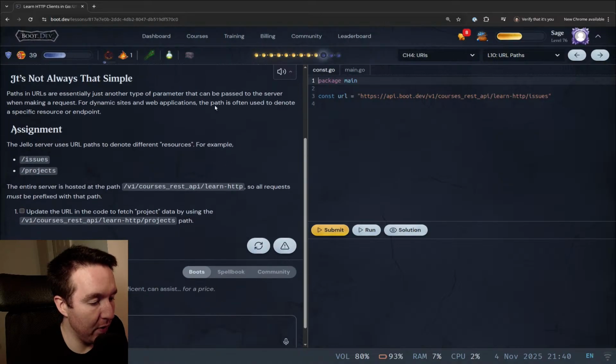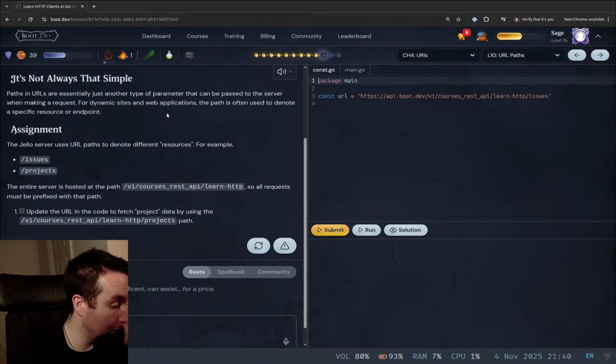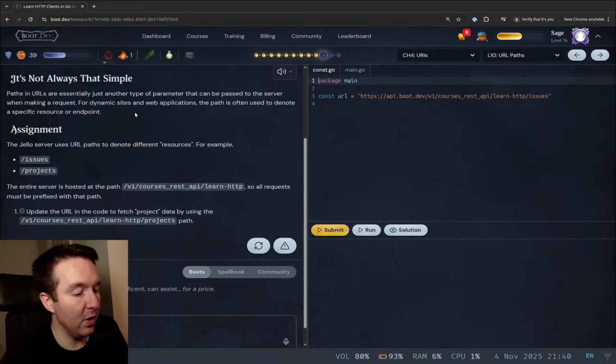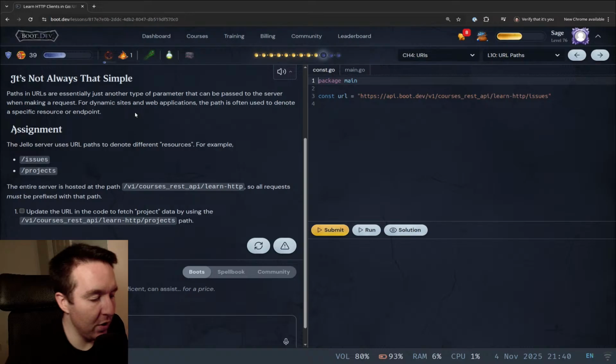It's not always that simple. Paths in URLs are essentially just another type of parameter that can be passed to the server when making a request. For dynamic sites and web applications, the path is often used to denote a specific resource or endpoint. So, assignment. The Jello server uses the URL paths to denote different resources, for example,